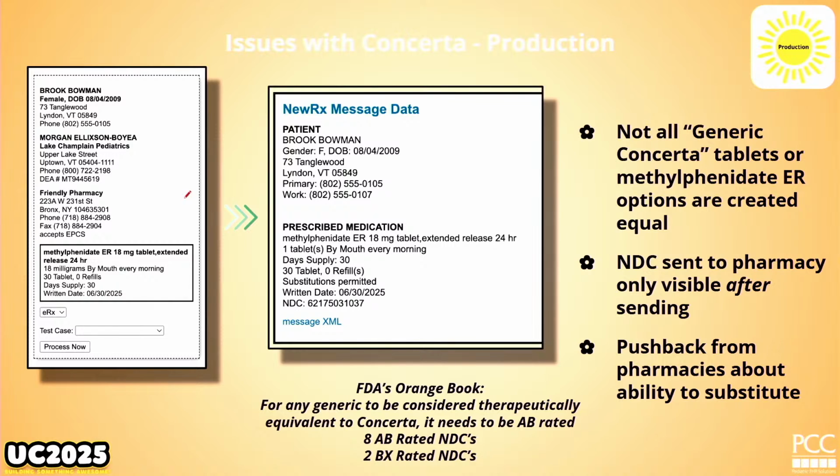So the problem number 1 we discovered several months ago is that the NDC that our system is picking is one of the BX-rated ones. So you might say, okay, can't they just switch it? Well, yeah. The NDC that we send in all cases and going forward is a representative NDC. So the drug name's going to go over, and the NDC is there as a verification if they need it. Most times they don't, because you and I don't know what NDCs they have in stock. That's why it's a representative. It just goes to the pharmacy, and they do with it what they need to.